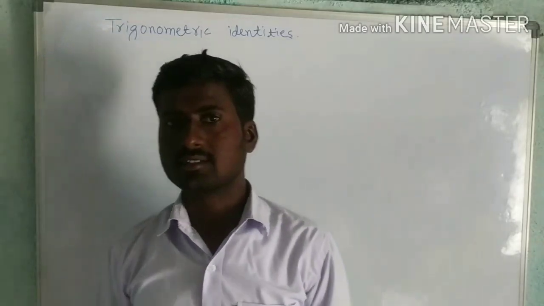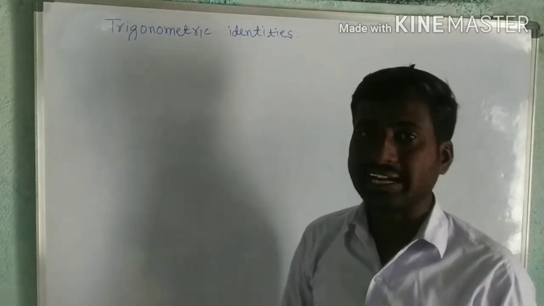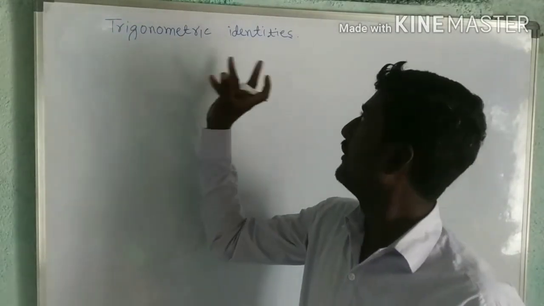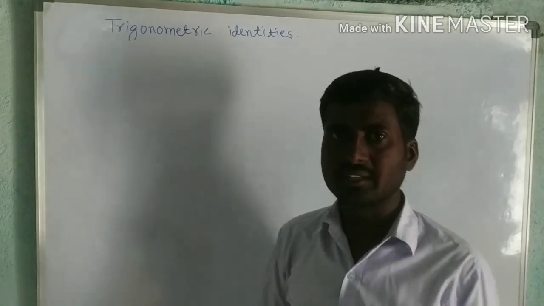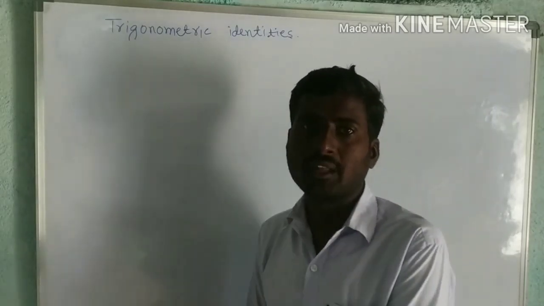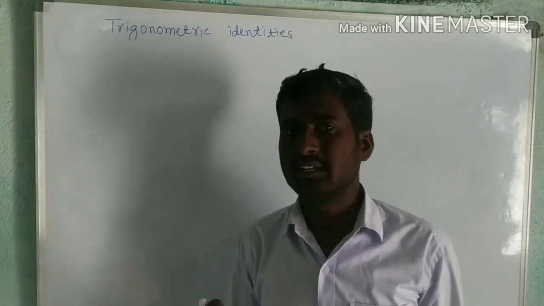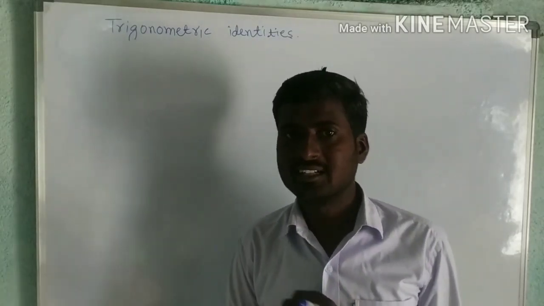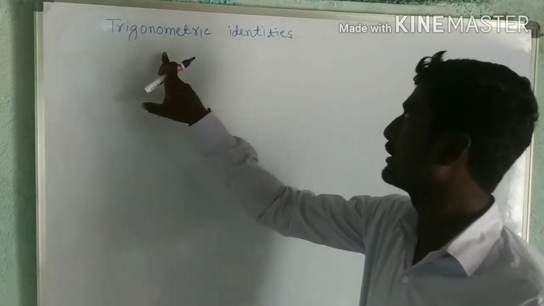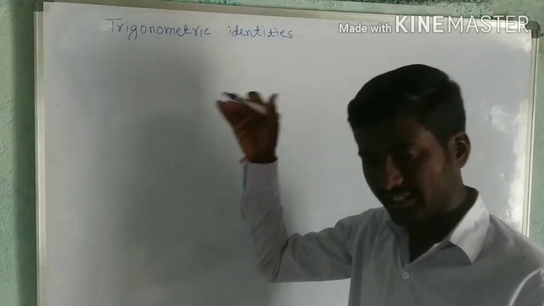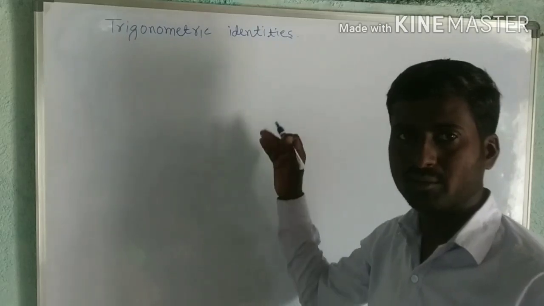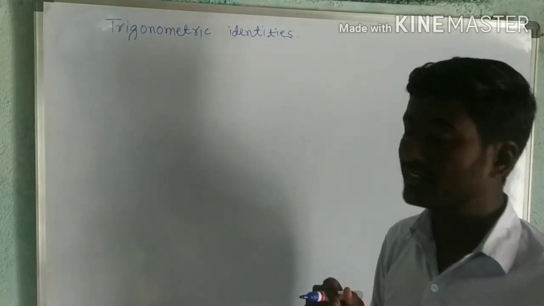So now let us discuss the new concept, trigonometric identities. What type of identities? An identity is nothing but where we use some formula. That formula you can call an identity. Generally we can call them trigonometric equations. Trigonometric equations are nothing but trigonometric identities. Let us see. By solving them, we will get the idea about identities.